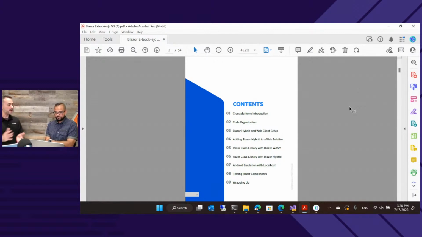If you're trying to run that in a dev environment on your local machine, you're using localhost. Well, when you pull up an emulator, I don't care what emulator it is, it's not running on your machine in the same way that a browser is running on your machine.